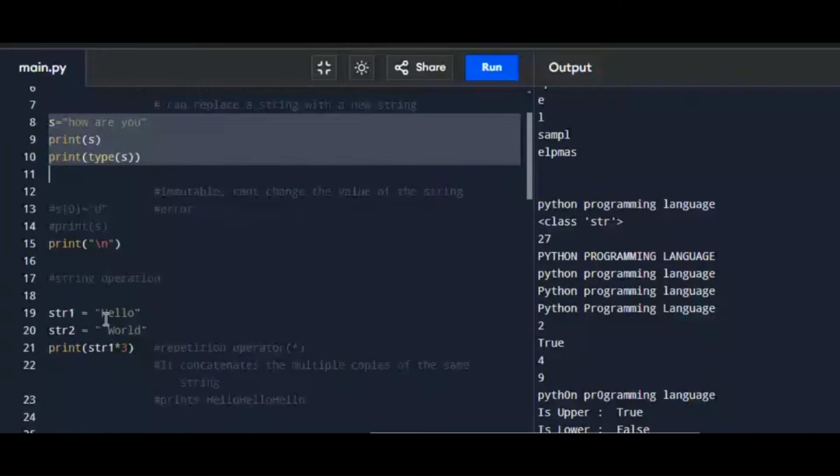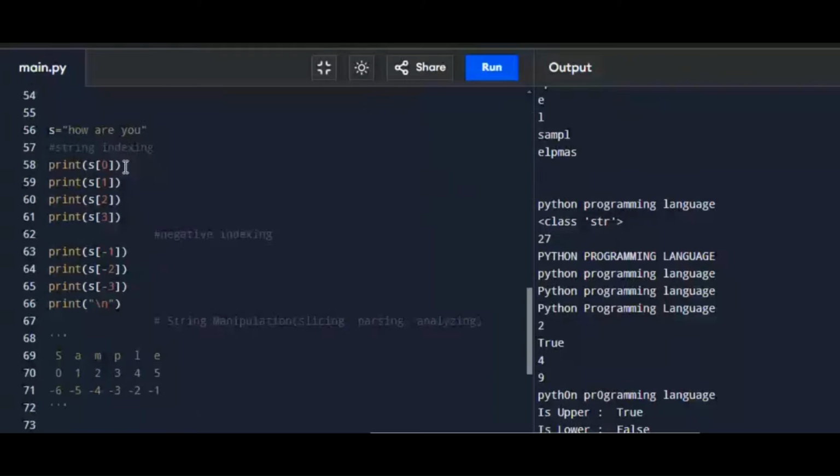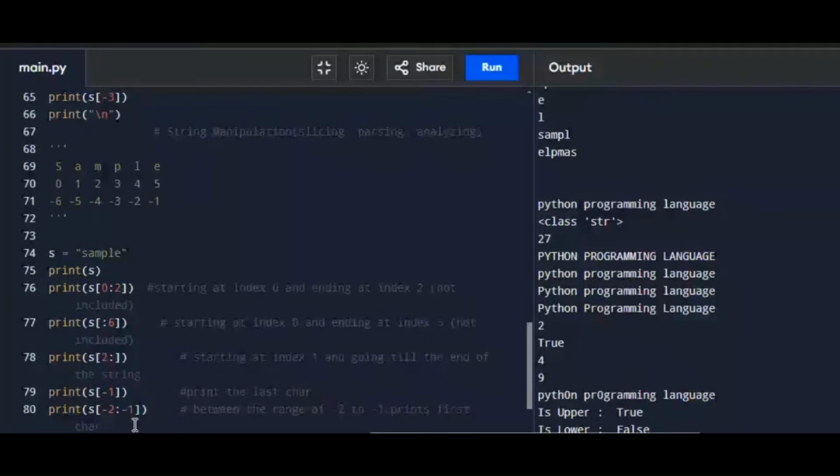Next, we saw indexing, right? Normal indexing and negative indexing. Both have been dealt with, and how the operation works, all these things have been mentioned. Now I'm going to see some operations